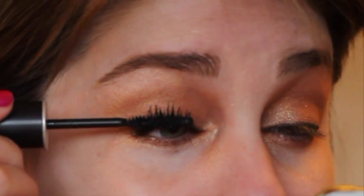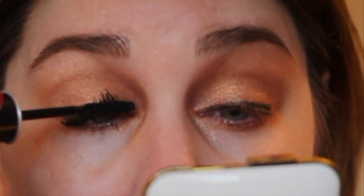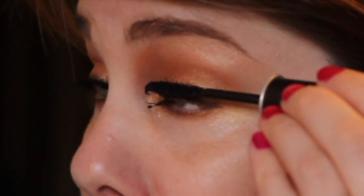So the separation is okay, the volume is okay, the length is decent. So we'll just even this out. And there we go. So one thing I always do, no matter what mascara I'm using that day, is layer my mascaras. Even if I'm testing one, I always layer mascara like this,